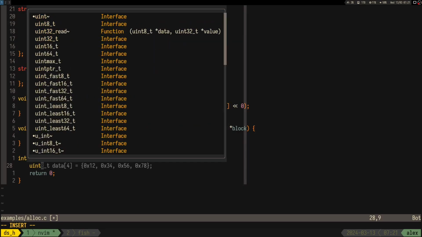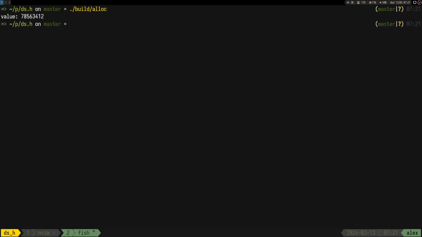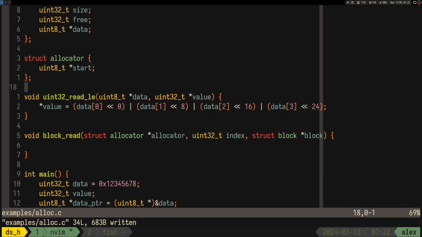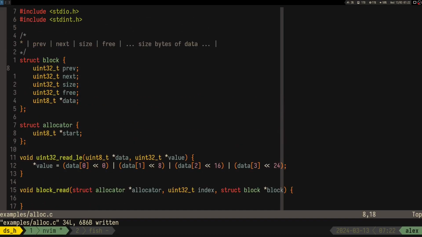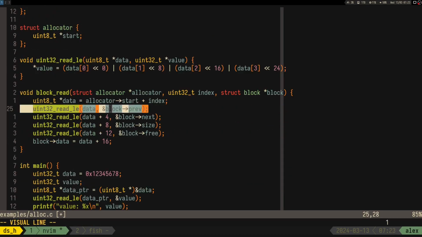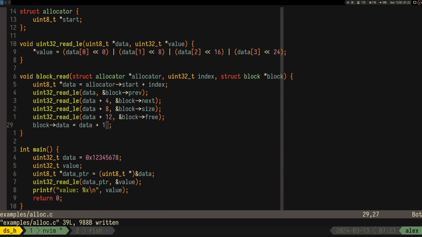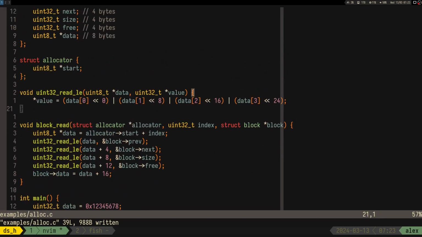Here, what I wasn't sure about was, do I want to keep the data as little endian or big endian? Because if I serialize the data myself into that array, I can put it however I want. So I can implement both the read and the write however I want. But I decided to use little endian because why not? Usually when we work with memory, it's little endian. So I wanted to keep it true to the standard library or whatever. So there I was just thinking how much memory each field takes,